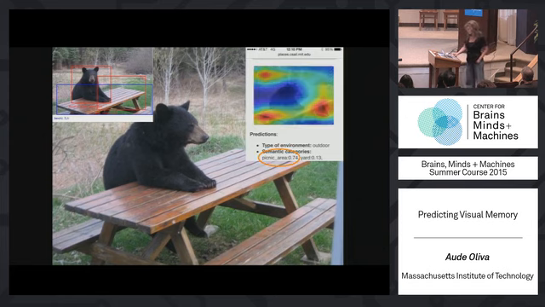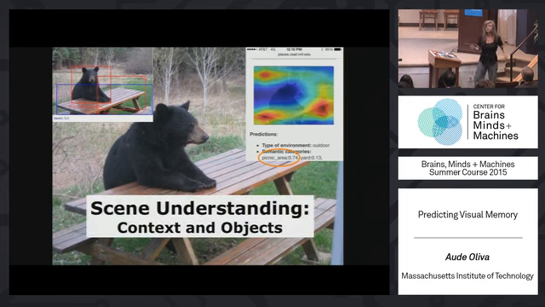So you do need at least two kinds of information in order to reach visual scene understanding. You need the scene and the context. You need to know the place. And you need to know the object. So as I said, so far on a challenge called the ImageNet Challenge in computer vision, models have reached human performance, which is 95% correct on exemplars of objects that have never been trained on, for 1,000 object categories.